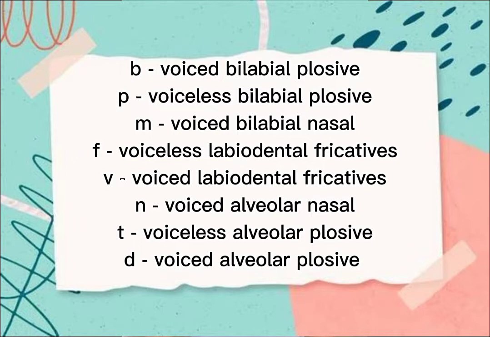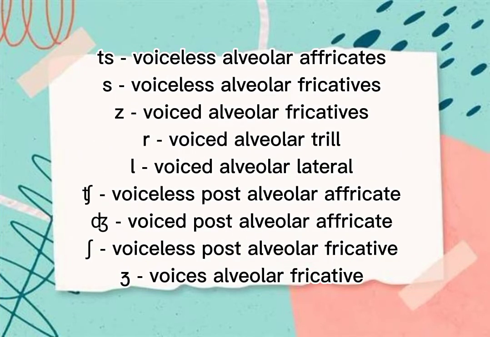voiceless alveolar plosive T, voiced alveolar plosive D, voiceless alveolar affricates Ț, voiceless alveolar fricatives S, voiced alveolar fricatives Z, voiced alveolar trill R, voiced alveolar lateral L, voiceless post-alveolar affricate C-H, voiced post-alveolar affricate J,